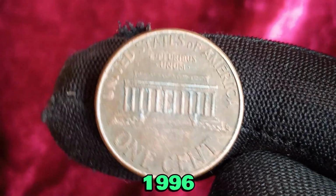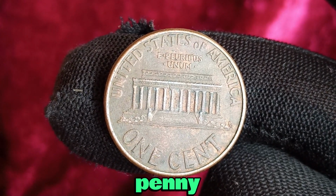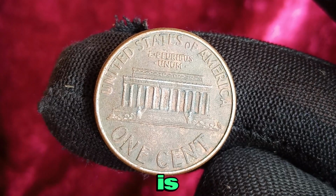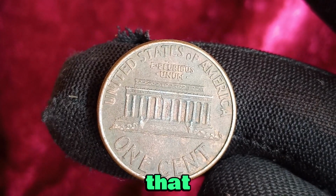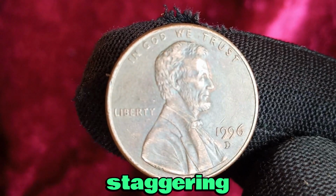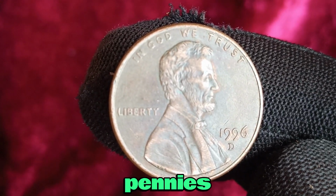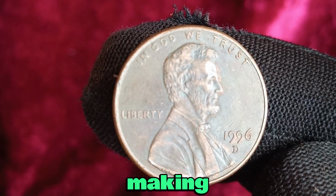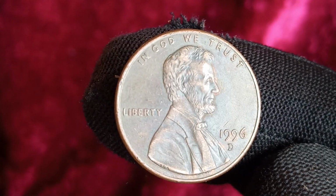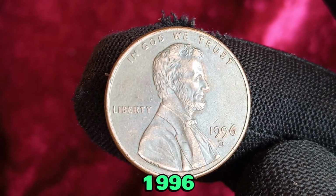The 1996 D Lincoln penny, as the name suggests, was minted in Denver, Colorado, and is part of the regular production of coins for that year. In fact, the U.S. Mint produced a staggering 5.5 billion Lincoln pennies in 1996, making it one of the highest mintage years for the penny in recent history. But despite this, the 1996 D